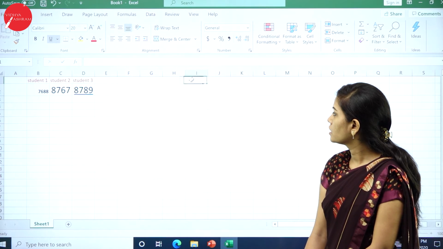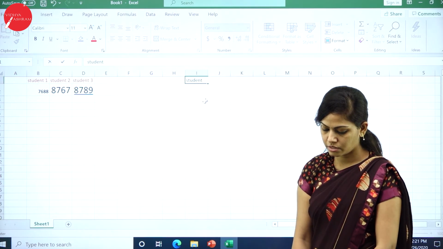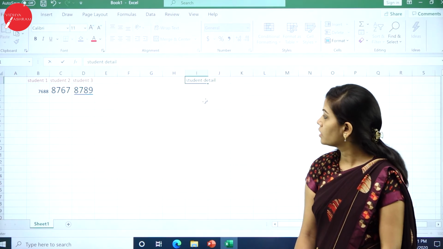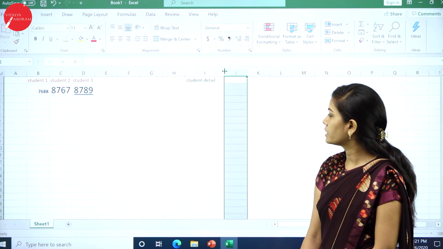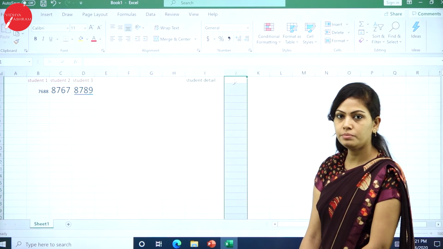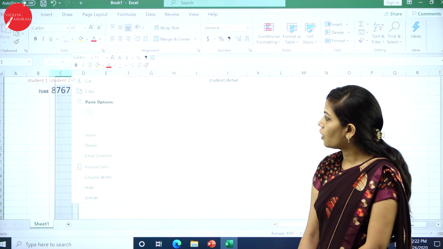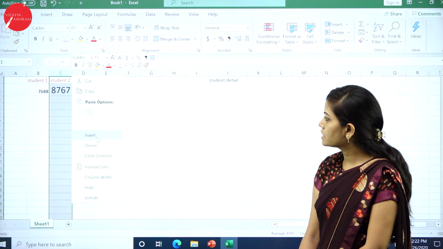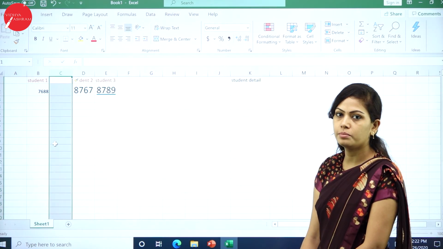And here I will type student. If you want, you can drag this. So I have typed student detail here. And if you want to add one column here, go to Insert and you can add one new column.